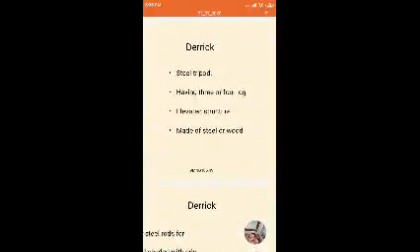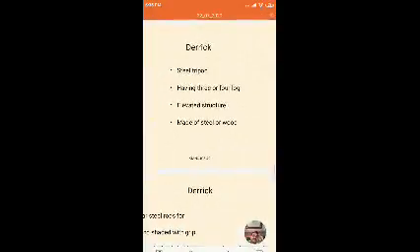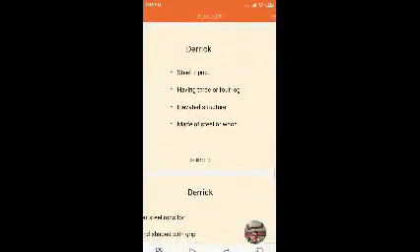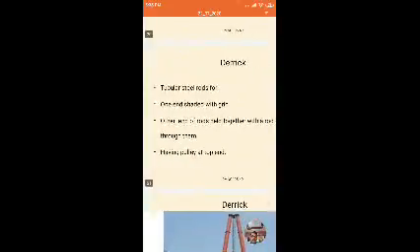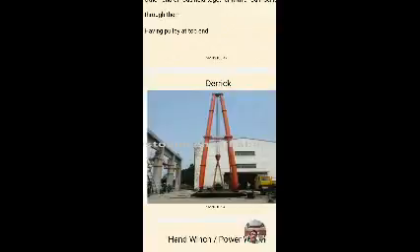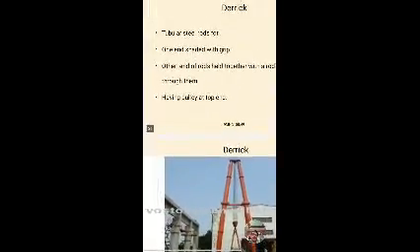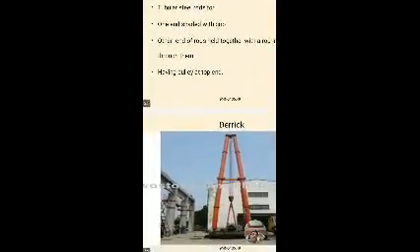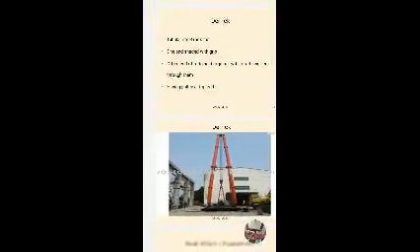Derrick is used as a supporter or structure. In olden days, wood was also used as the legs of the tripod. A tripod means it has 3 legs. Sometimes, for stability purposes, 4 legs are also used.